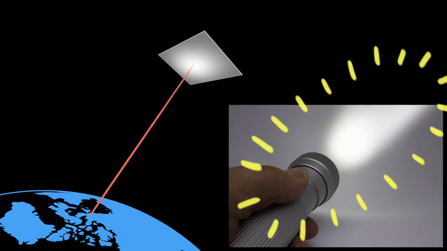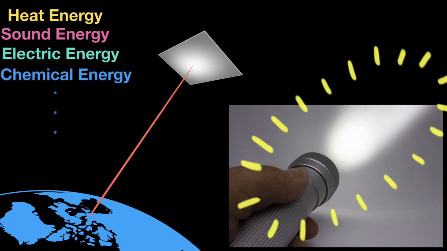And of course, there could be other kinds of energies as well, like heat energy, sound energy, electrical energy, chemical energy, and so on. And you might learn about them in the future. But once you do, you'll see that they're actually a combination of kinetic and potential energies themselves. And that's why kinetic and potential energies are super, super important.